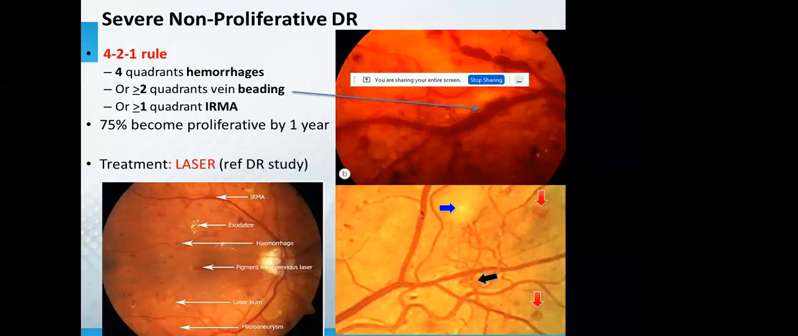What is severe? Severe, we follow something called a 4-2-1 rule. But as far as you're concerned, just if you see so many hemorrhages in all the quadrants, okay, or any venous beading, as I've shown you here on this picture, they look like sausage rolls, which are in process of being manufactured. Sausage